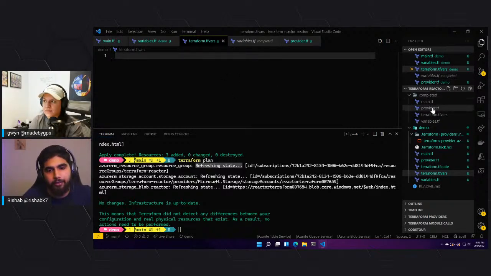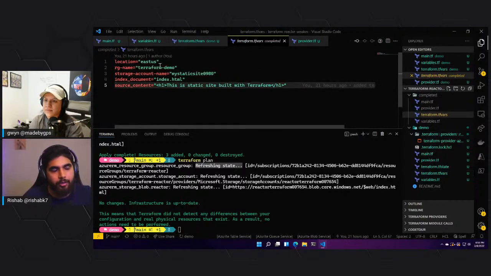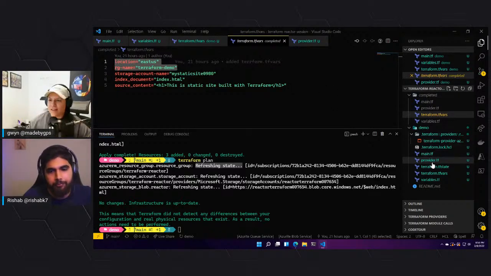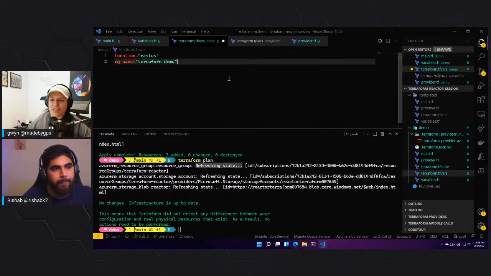And it's really similar to a .env file. So you have a variable and then you have a value assigned to it, a key-value pair kind of thing. So this is instead of doing Terraform apply --resource-group providing the value --whatever,